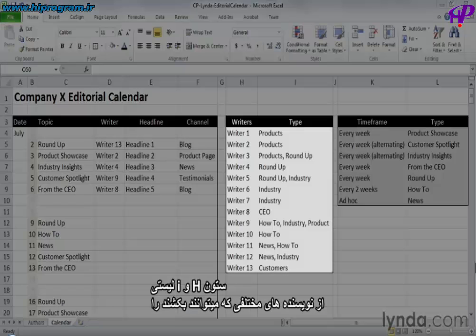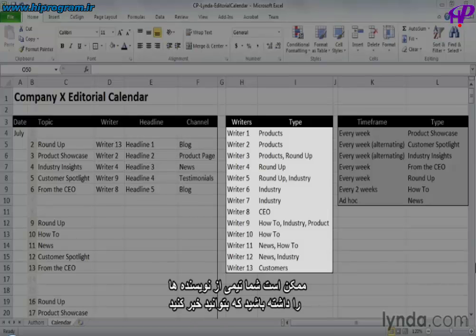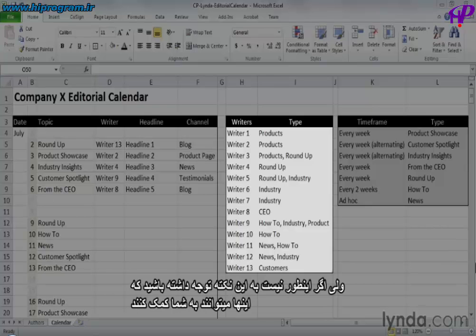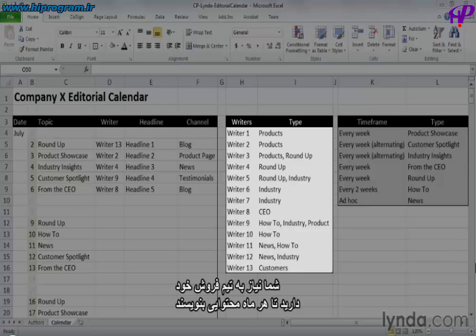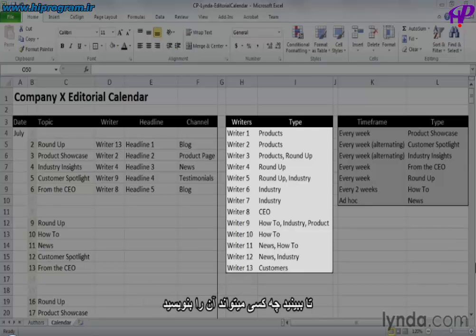Columns H and I list out the different writers that we can pull from, along with the types of content that they're willing and able to write. You might be lucky enough to have a team of copywriters that you can call upon, but if not, keep in mind that these folks can be anyone working with you. You may require your sales team to write one piece of content per month, or maybe your management agrees to put together one blog post every 2 months. Whatever resources you have to help with content, listing them out here will help you see who's available to write